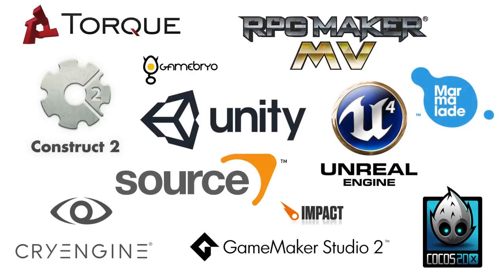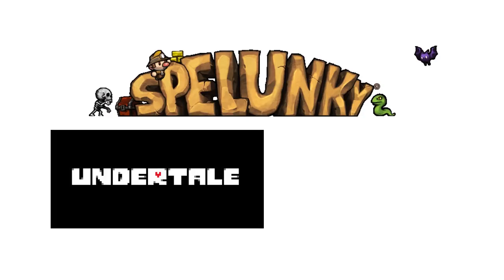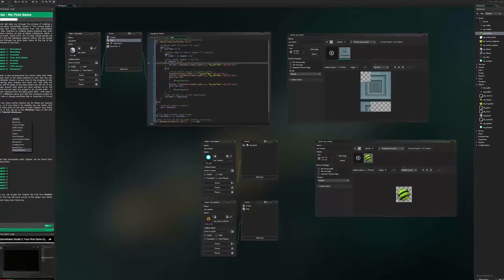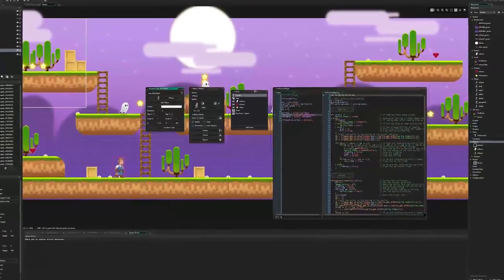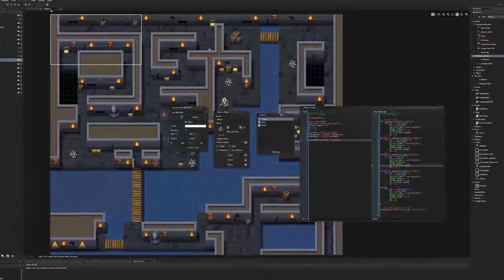There are a lot of engines to choose from, and they each have their strengths and weaknesses, but here are some of the most popular ones. If you're interested in making a 2D game and want to start with something not too difficult, I find that Game Maker is pretty easy to pick up. Some examples of games made using Game Maker are Spelunky, Undertale and Ink. Game Maker is essentially free, however some features do require you to purchase a license. I don't find most of these too important for beginners, but do note that you can only export to Windows using the free version.